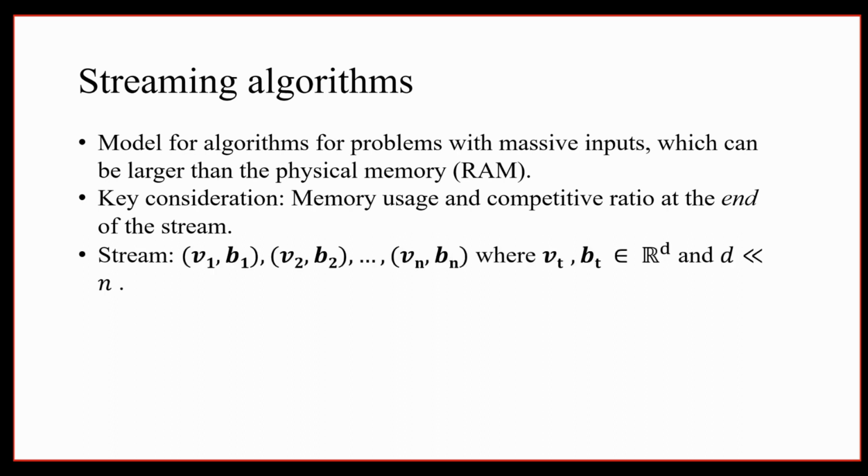In our particular DPP case, after you've learned your model, the items correspond to these 2D length vectors. So Vi is a D-dimensional vector, and Pi is also a D-dimensional vector, and you store your data in this form. So you have these n points, which are 2D-dimensional vectors. Now you are allowed to go over the entire stream, and you want to pick the subset K which maximizes your objective function. Generally in streaming algorithms, multiple passes are potentially allowed, but the algorithms we provide are only one-pass algorithms.